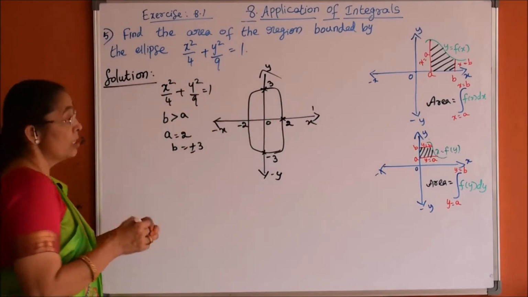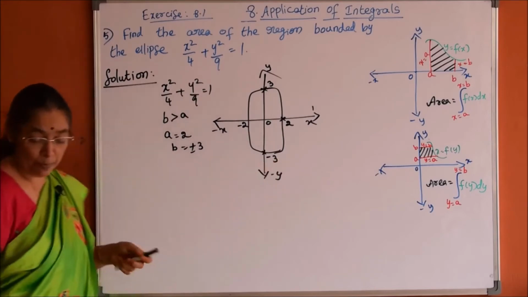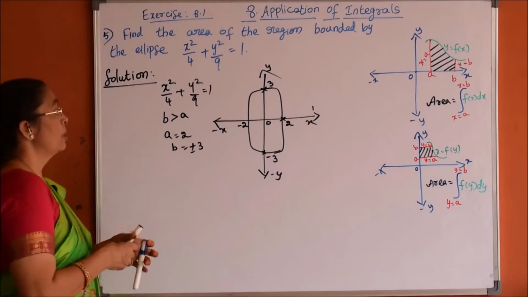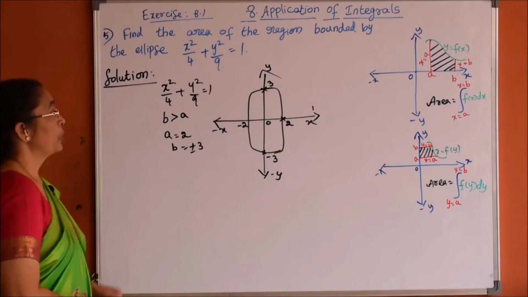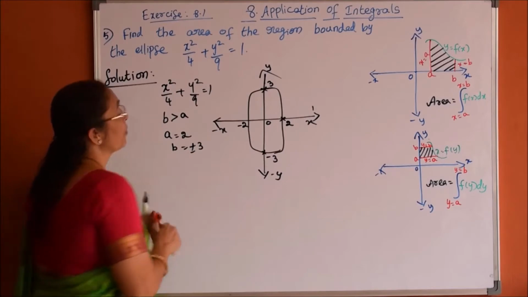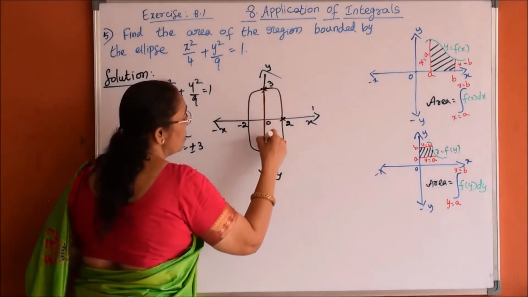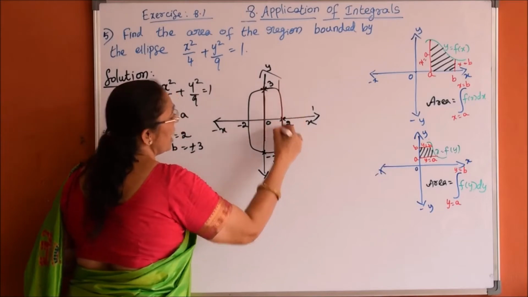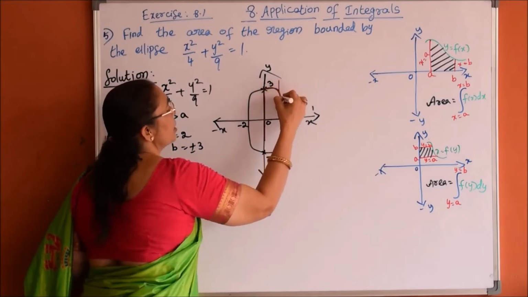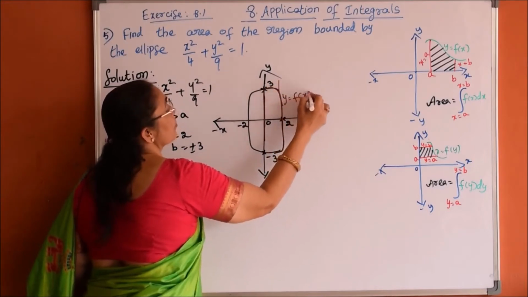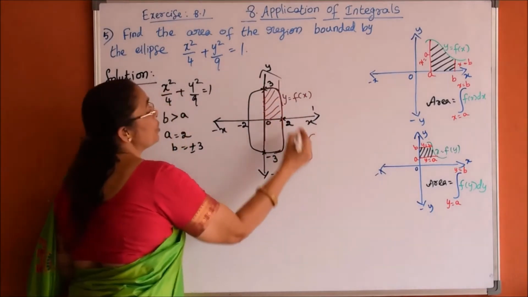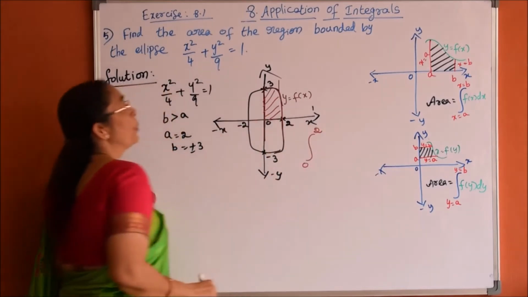Now, we can go with the second form of this definite integral area. According to this, we can do even with the first form itself. We will go directly. I can take this area first, x is equal to 0, x is equal to 2. The area between x is equal to 0 and x is equal to 2 with the x axis, with the curve y is equal to f of x. This area is nothing but the integration from 0 to 2 of y is equal to f of x.